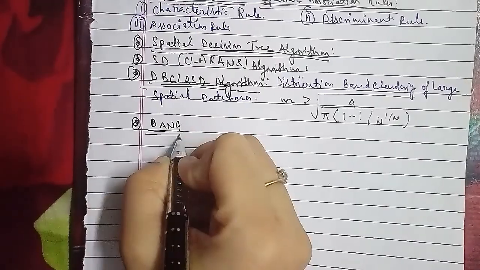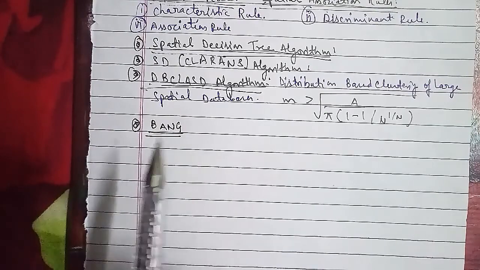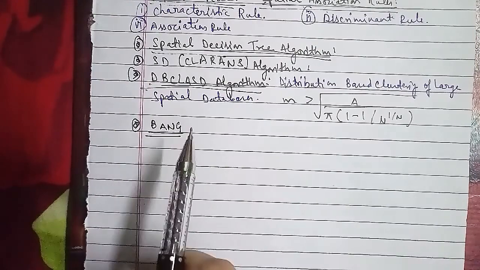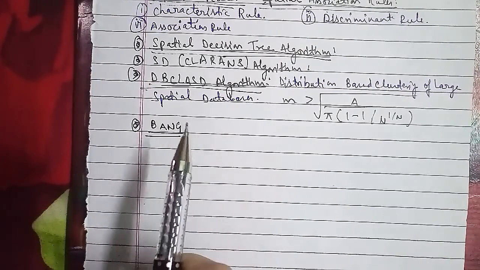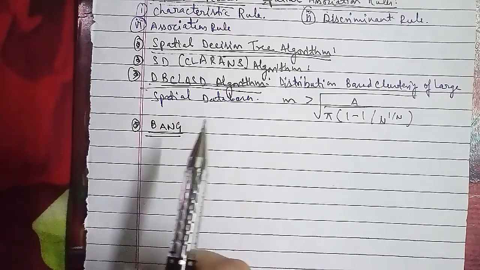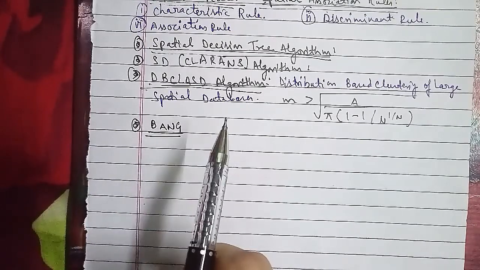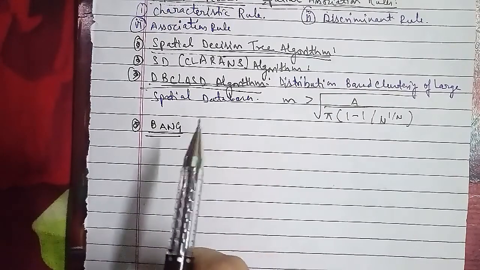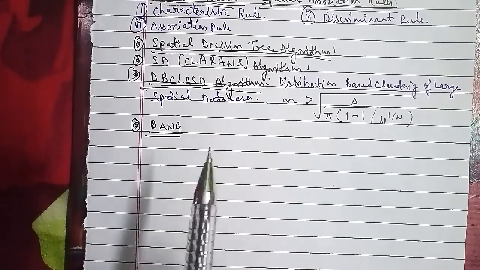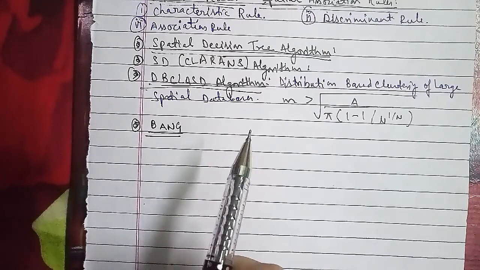In terms of the BANG technique, it uses a grid structure similar to the KD tree, and it distributes the items in order to adapt to more dense areas, which contain a large number of smaller grids, while less dense areas have a few large ones. The grids are then sorted based on their density, which is the number of items in the grid divided by its area. After that, the grids with the greatest density are selected as the centers of the clusters.